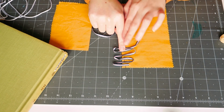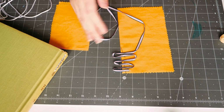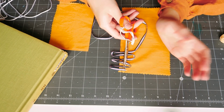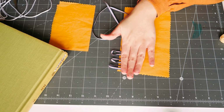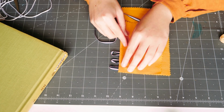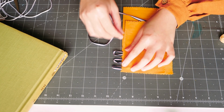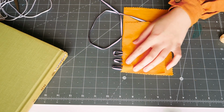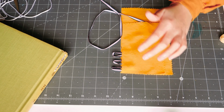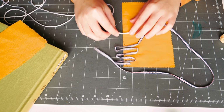After this is pinned on, what you can do is literally just shove this through the machine, and then you can take your scissors and, to reduce bulk, cut this side off, and then just cover this inside with a bias tape or any sort of tape really, or even just ribbon, and it creates a very smooth finished result. And that is exactly what I did for my kirtle, and it's the same if you were using cord. So for example,